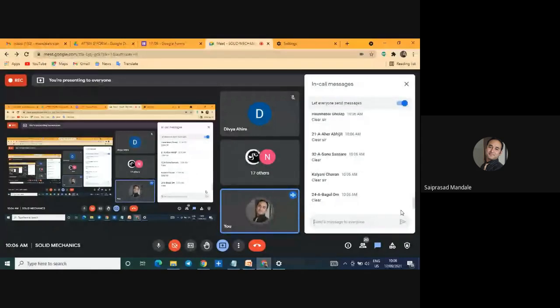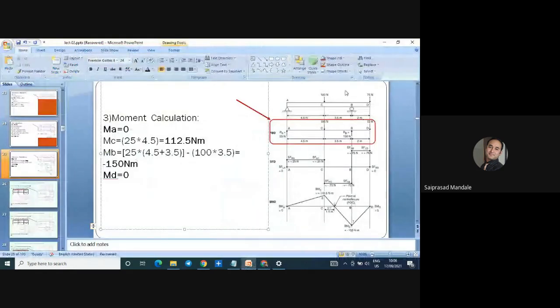So now the assignment for you. Assignment number 2, based on unit number 1: you have to solve two numericals based on an overhang beam. You can take any number of loads, you can take any distance between the supports, but you have to draw the shear force and bending moment diagram. The numerical is different for each and everybody.